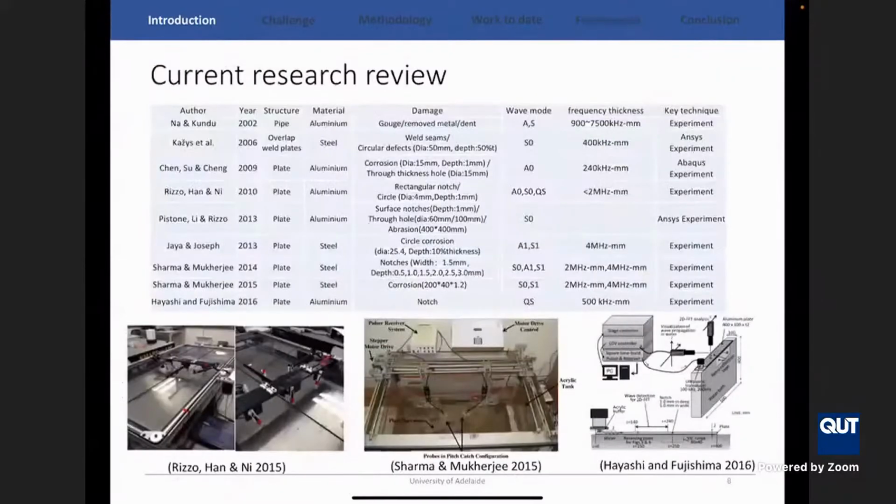Here is the summary of the research literature on guided waves in the submerged structure. Most of these studies were conducted through experiment. They were limited by a small number of measurements. They only measure either the reflected signal or the transmitted signal. The scattering characteristic in other directions was not considered, but they will provide important information about the damage. Therefore, the